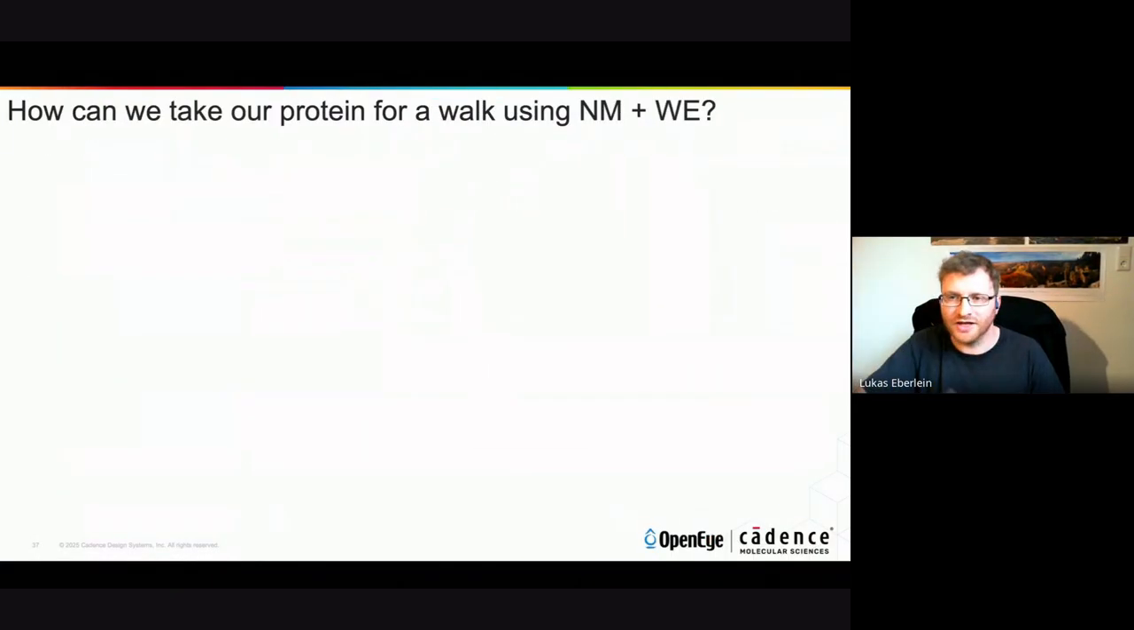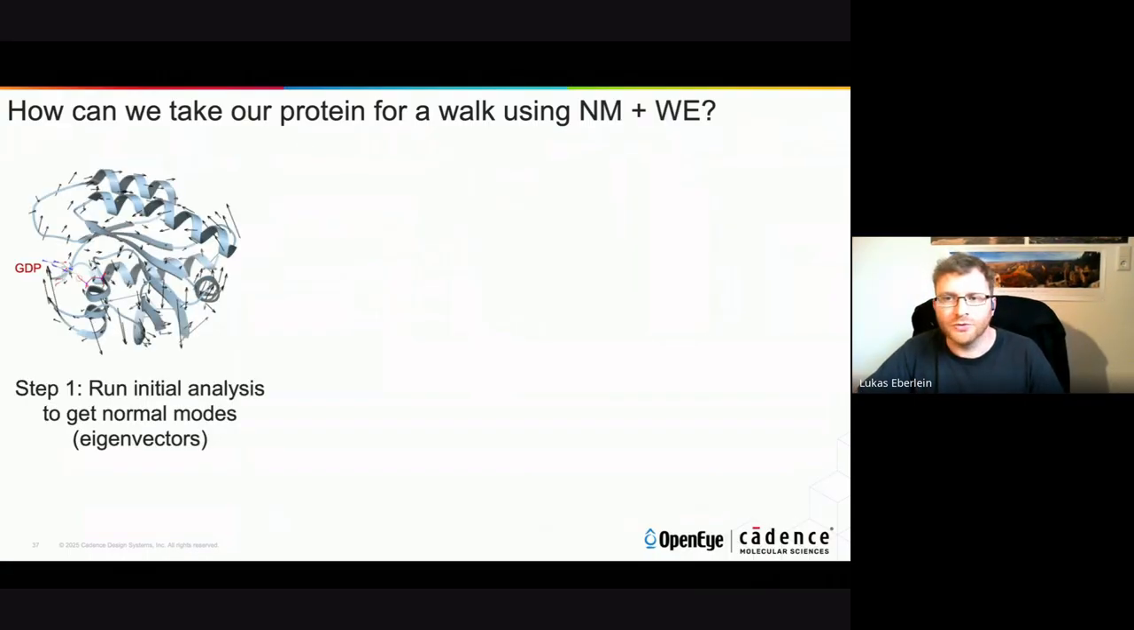How can we use this to actually get our protein to move around in a smart way? We are going to combine this weighted ensemble strategy, which requires a progress coordinate, and our normal modes, which will be our progress coordinates, and use that to explore the protein conformational space. We will start with an initial analysis to get our normal modes, so the eigenvalues and eigenvectors, and then we will run a short MD simulation